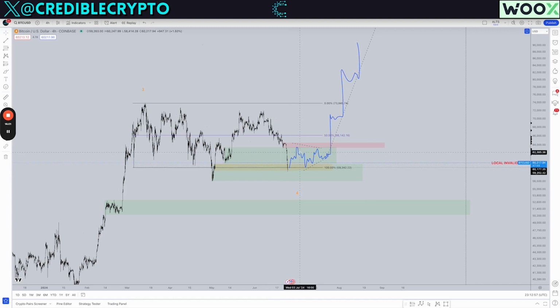I previously said I'm long on Matic for that reason. CRV is another one that looks really, really good here, CVX, etc. You can look at all those alts. I don't even know if they actually made legs down with this leg down on Bitcoin. I know CVX went down but put in a higher low. CRV actually did go down but has bounced back. I mean, it's very, very tame compared to what Bitcoin has done here.